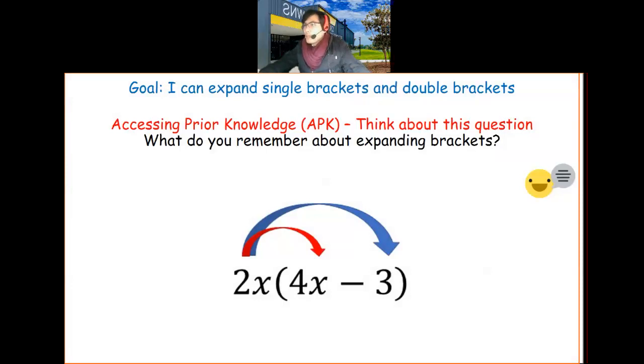Okay. All right. So our next exercise here. So this is exercise 5A from the Year 10 textbook. Okay. And this is about expanding brackets. Okay. And we have done this before. Okay. So what do you remember about expanding brackets here? And you can use the image that you have on the screen as a guide here. Okay. So have a think about it. 2 minutes. What do you remember about expanding brackets?